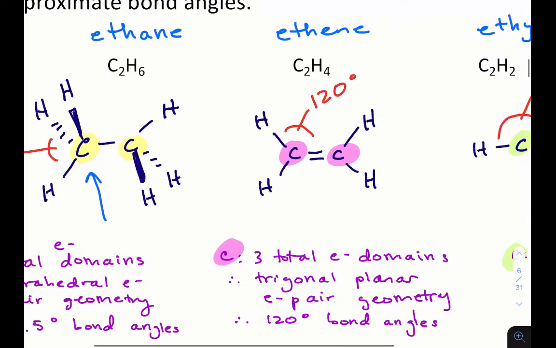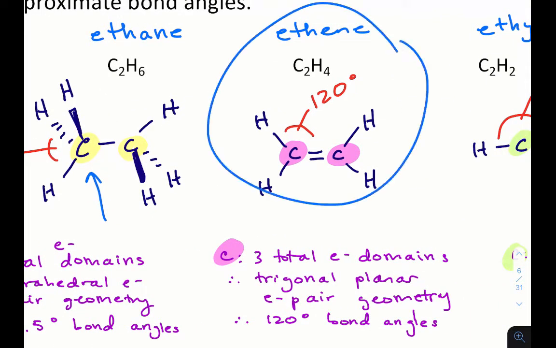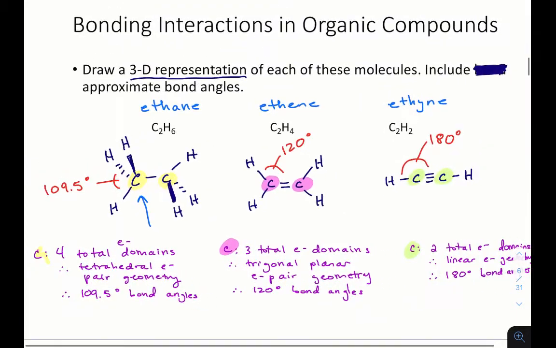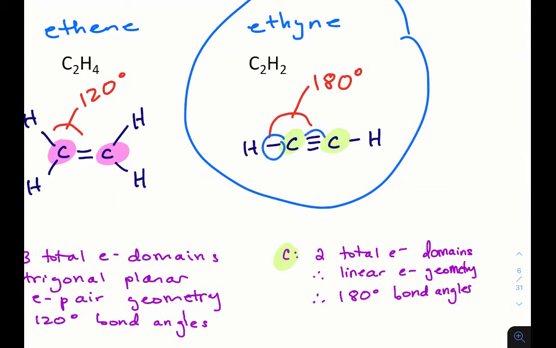In ethene, each of these carbon atoms is bonded to 3 total domains, corresponding to trigonal planar electron pair geometry, which corresponds with 120-degree bond angles. Recall, the electron pair domains are oriented as to minimize repulsions, being as far apart in space as possible. Finally, ethyne has 2 carbons, each with 2 total domains, corresponding to linear electron pair geometry and 180-degree